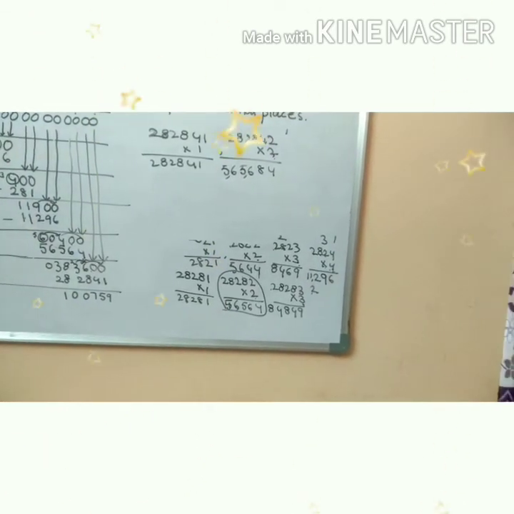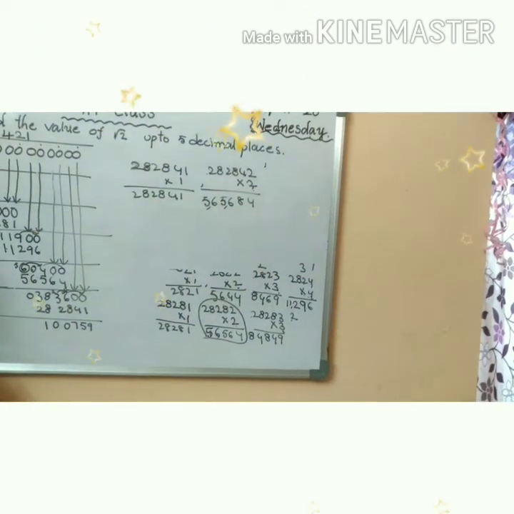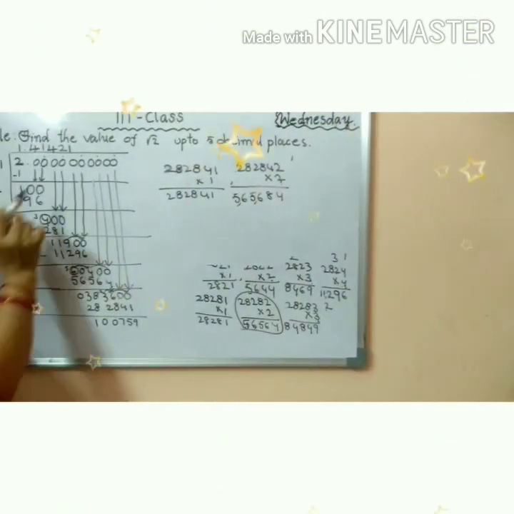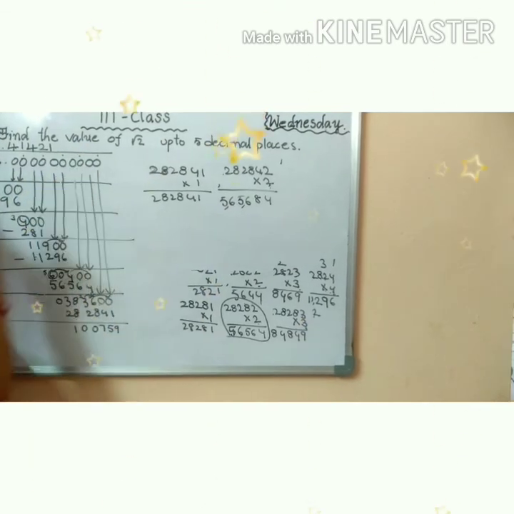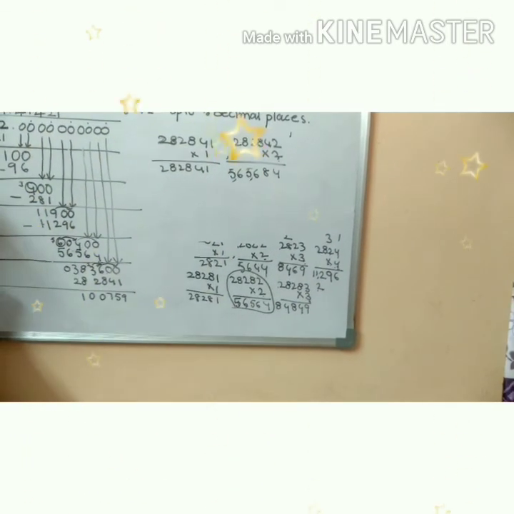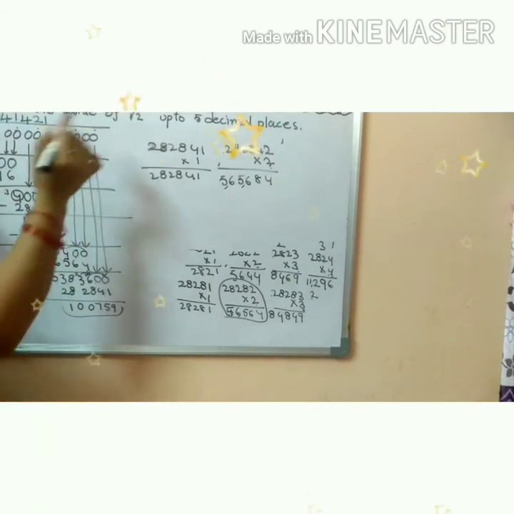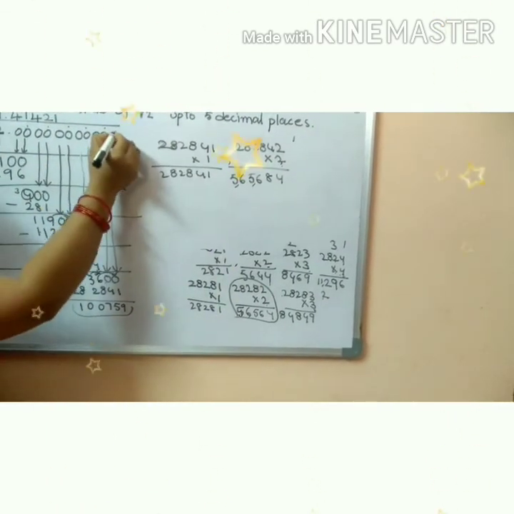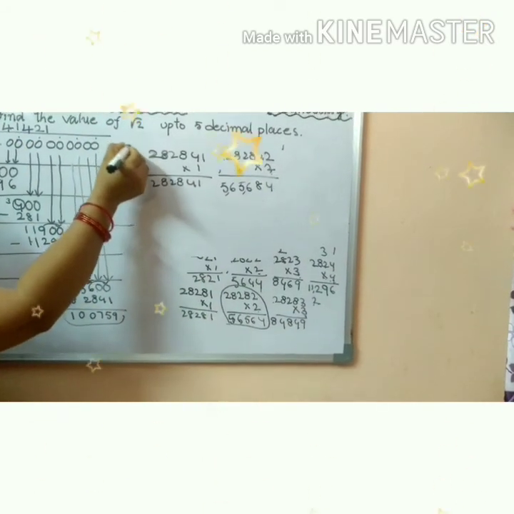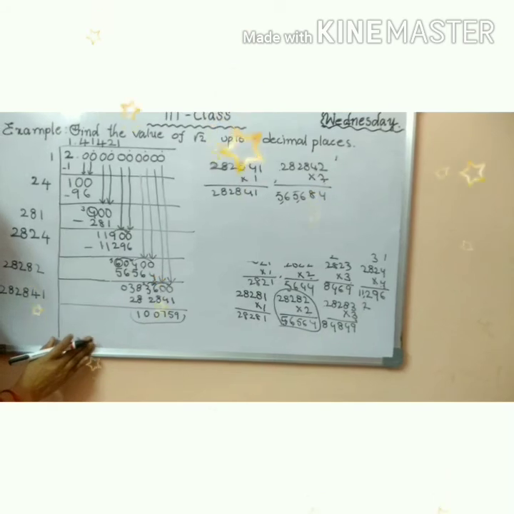Okay. So next, here there are no decimal points. Then here it is asking about only 5 decimal points. Then I have to take only 5 decimals. For each decimal we have to take 2 zeros. So up to here it is a remainder. So for another 6 decimals you have to take another 2 zeros, and for 7 decimals you have to take another 2 zeros. Okay. So did you understand, children?